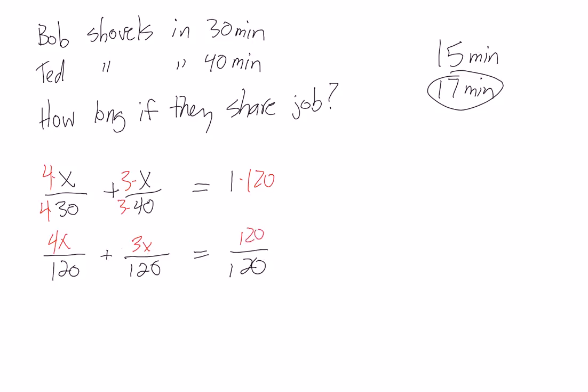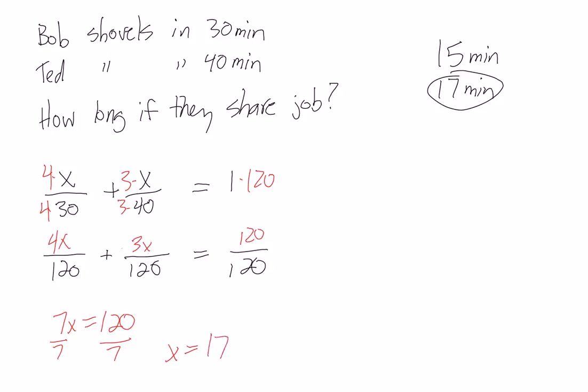Now when we simplify our equation, our bottoms we can ignore. We just get 7x equals 120. Then we divide by 7, so x equals 120 over 7,